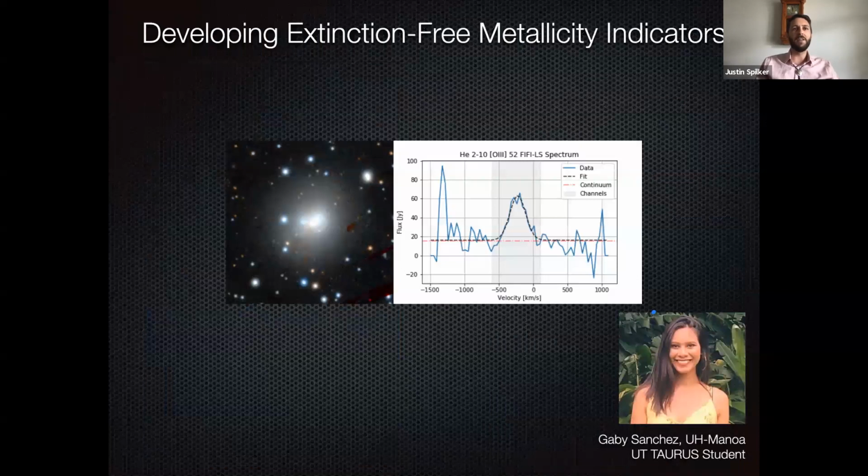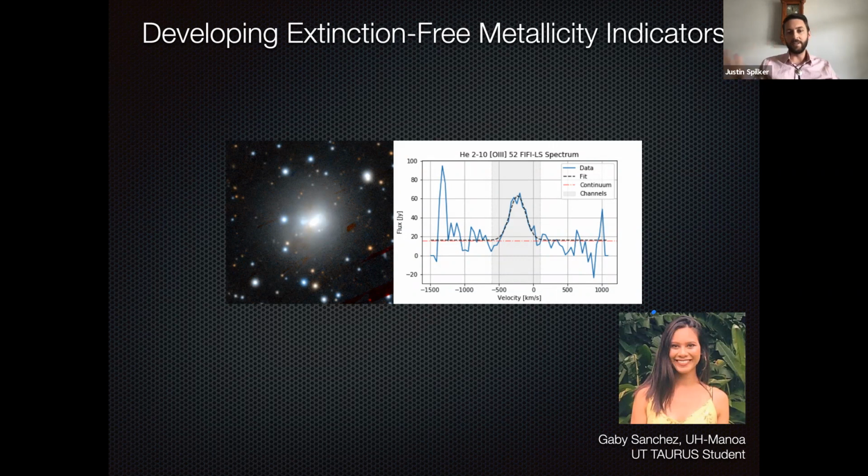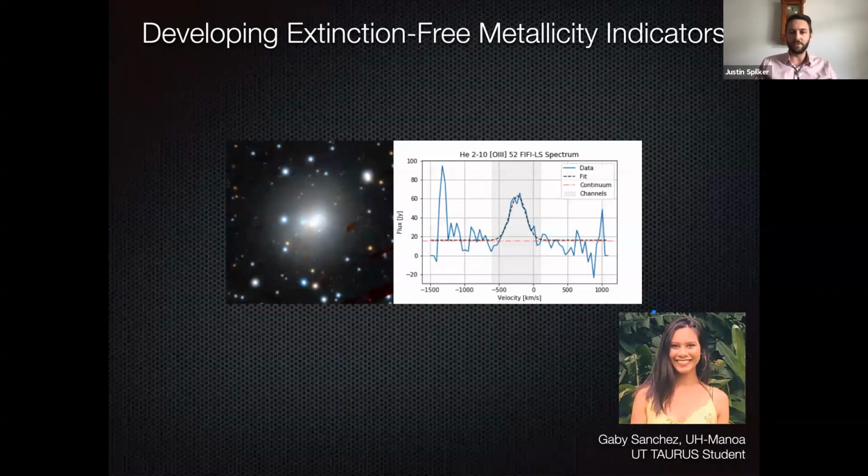And so I'm happy to say that at least preliminarily, we're getting some detections. Here's an example from an undergrad who worked with me through the Taurus program at Texas. This is an undergrad summer research program that's designed and premised around the idea of needing to get underrepresented minority students into astronomy. And so we basically take students from universities around the country that don't necessarily have a lot of astronomy research opportunities available, and try to give them what's basically their first research experience.